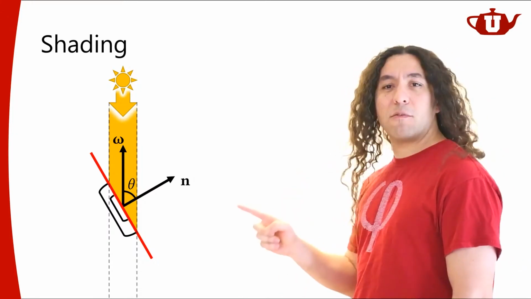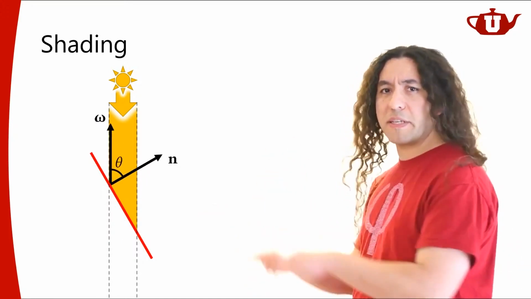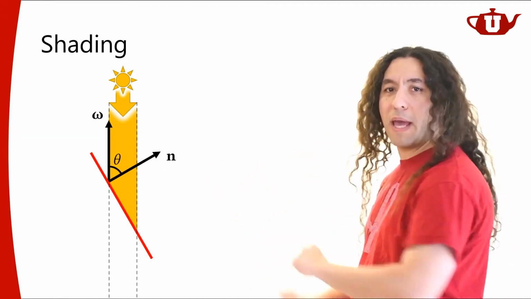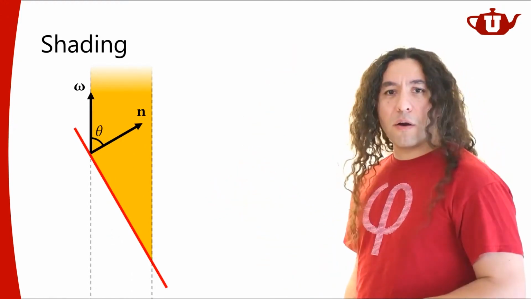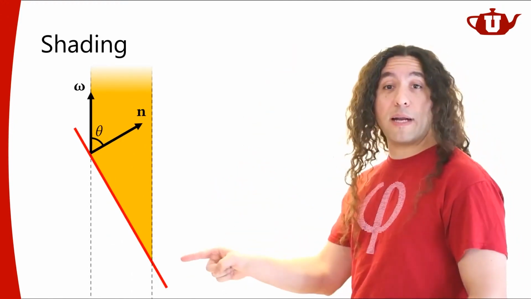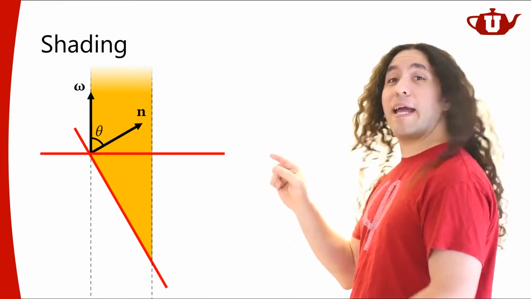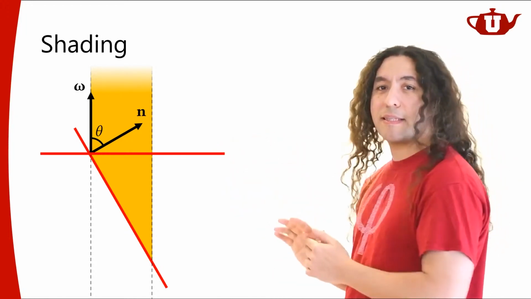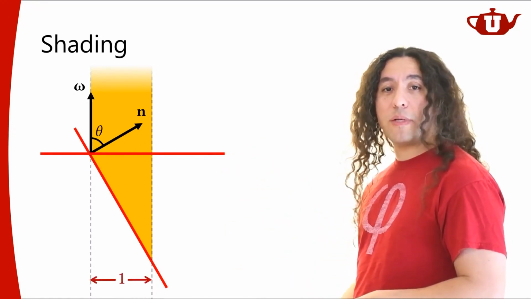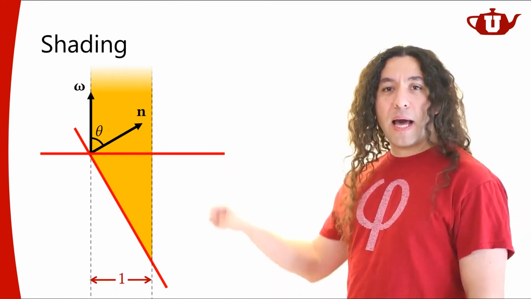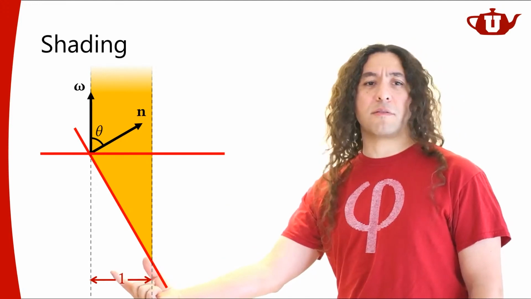So let's investigate what's going on here. For that, I'm going to move this side and zoom in a little bit so we have more space to work with. It's still the same light beam. Before I rotated this plane, it was flat like this, right? And let's say the length that my light beam covered in this 2D cross section, let's call it unit 1. So my light beam was illuminating some length, call it 1 unit.